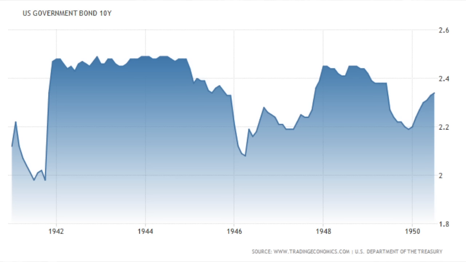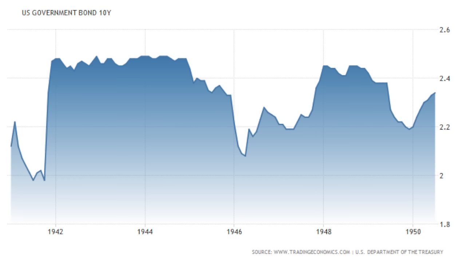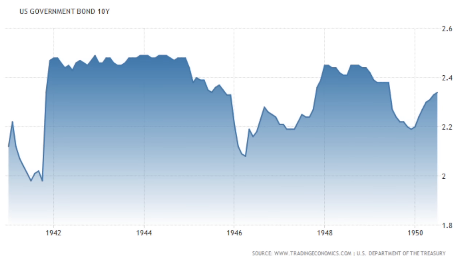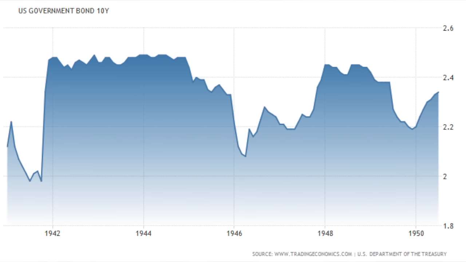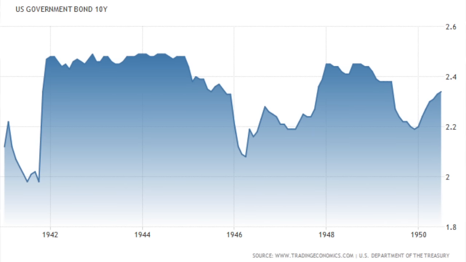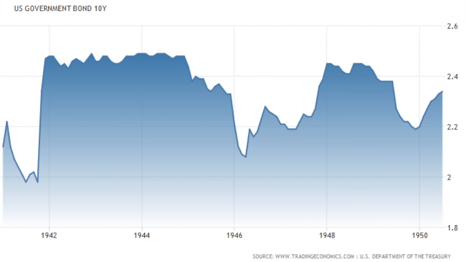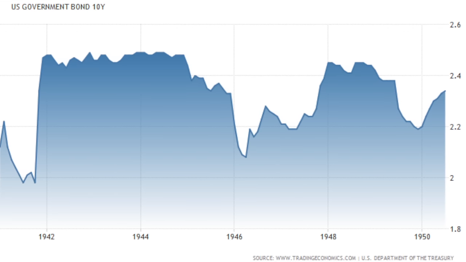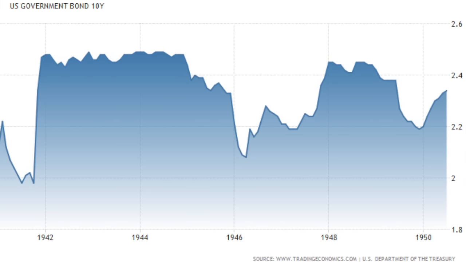And as you can see here by this chart, the 10-year note yield was just below 2% around the end of 1941, and then it just spiked all the way up to almost 2.5% in a matter of, well, just a month or so. So that looks like that was after the Pearl Harbor attack by the Japanese. 10-year note yields spiked. Then the U.S. entered the war, and it looks like